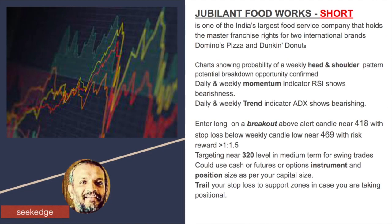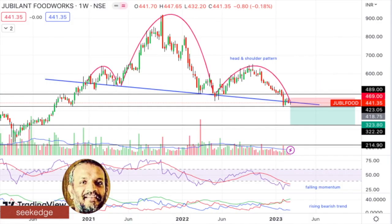And the last one that we have is Jubilant FoodWorks. It's a short opportunity. Jubilant FoodWorks is the master franchisee owner of Domino's Pizza, Dunkin' Donuts, and all of these international brands. One of the largest food service companies. And why is it a short trade on the downside? Here we have